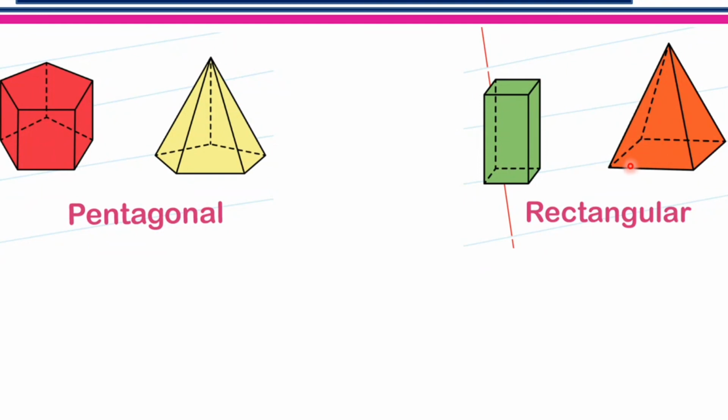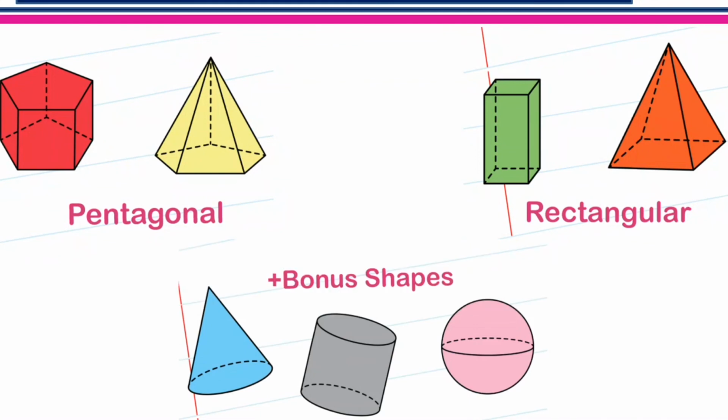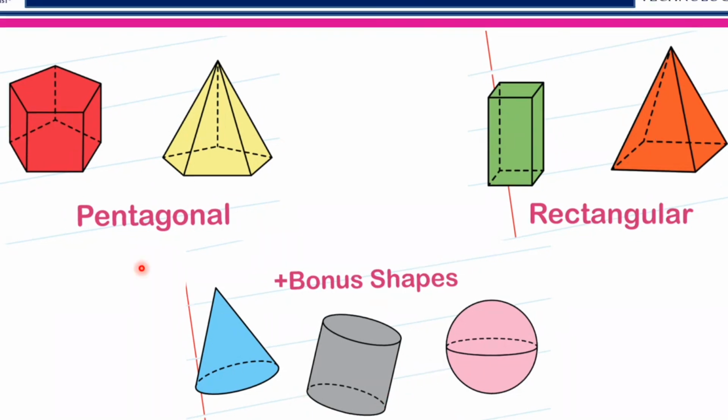Now remember, these hidden edges will keep on changing depending on the orientation of the solid. If you keep this solid upside down, the hidden edges will change. So depending on the orientation of the solid, the hidden edges and visible edges will change. These are some other shapes where you will find hidden edges, which you need to represent in the drawing with the help of dashed lines. So remember to differentiate visible and hidden edges. Important thing in your drawings.